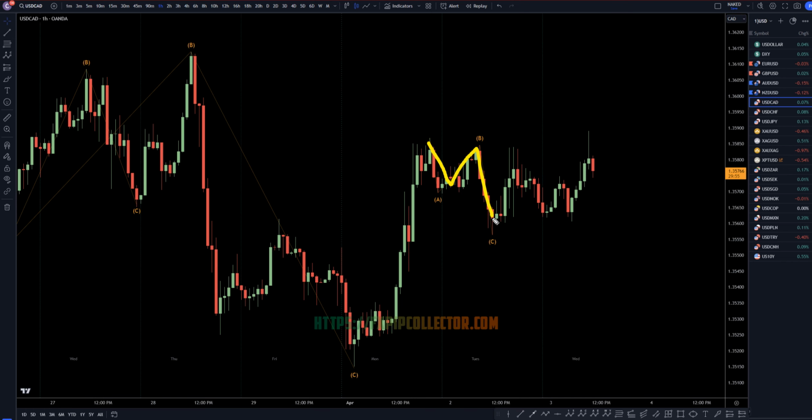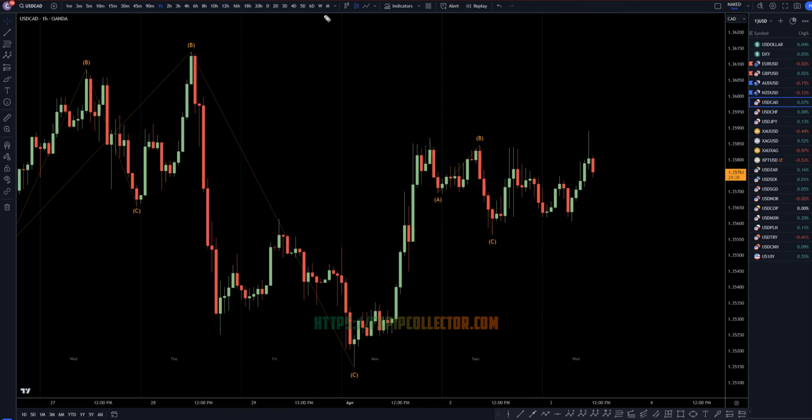Heading down to the 1 hour time frame is where you can see what I mean, because it looks like 1, 2, 3 waves down, 1, 2, 3 waves up. It might even end up being like a flat, and if that's the case, it would make 5 waves down. Or if it really is a WXY, then it would be a 3, 3, 3 pattern, which would be 3 waves down. So I'm not really convinced that it really is going to do that. Maybe it will, maybe it won't.